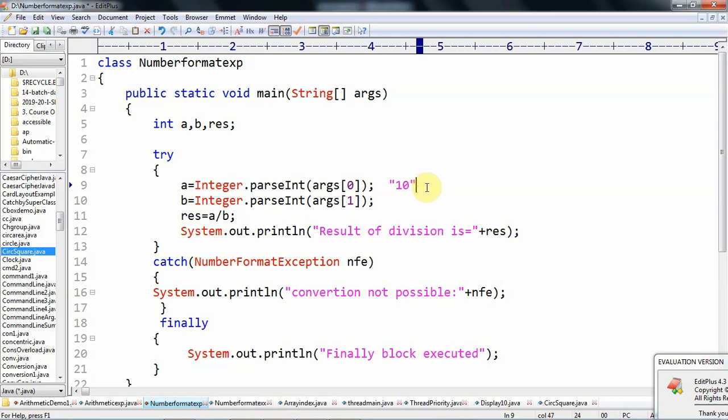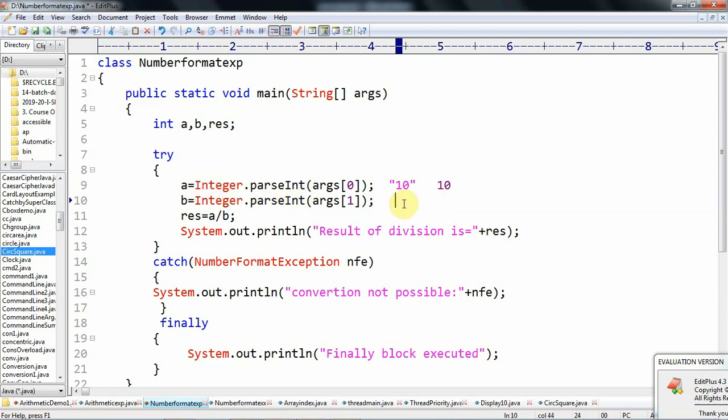Suppose we want to convert this string into a number, we get the value 10. Here this is a string. If we convert that into integer type, we get the number like this. For converting this type of string into this type of number, we have the wrapper class method called Integer.parseInt. So this time no problem.